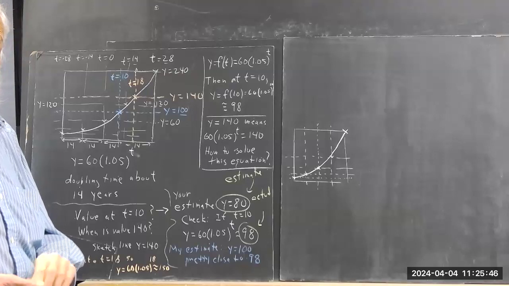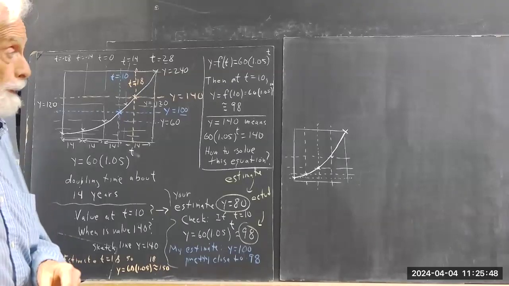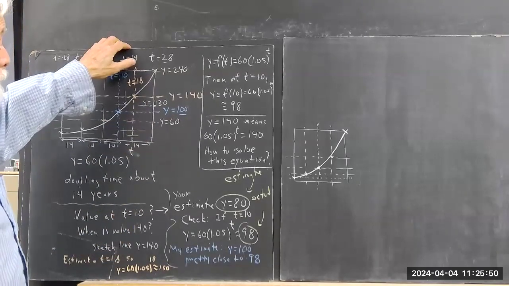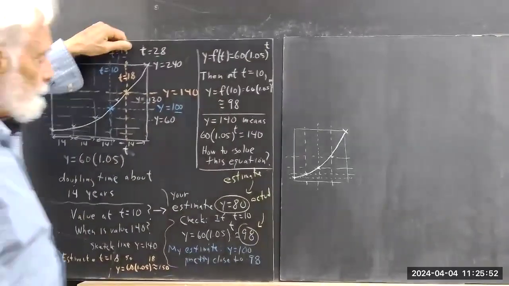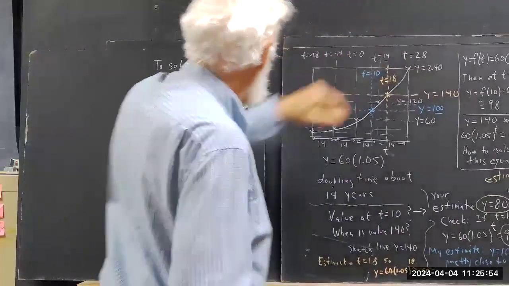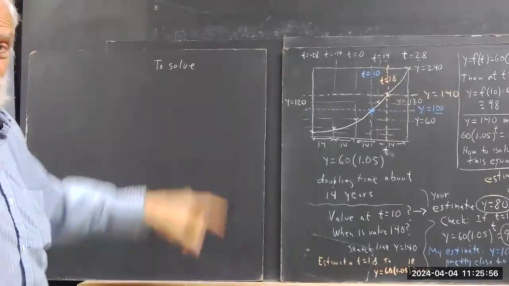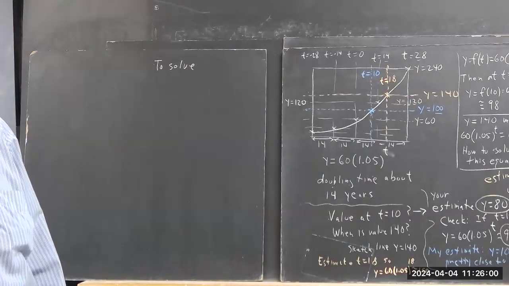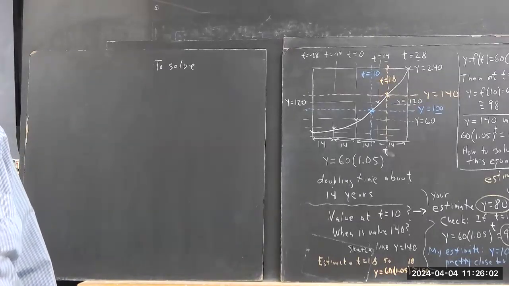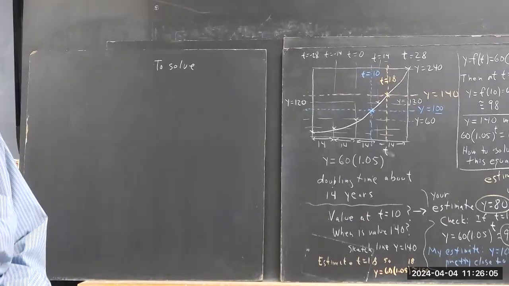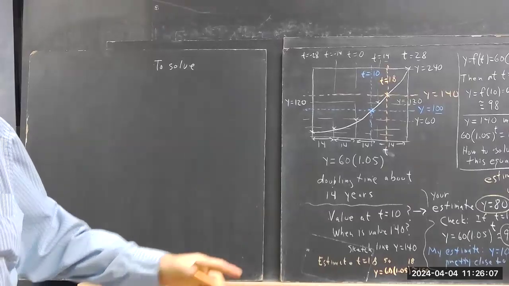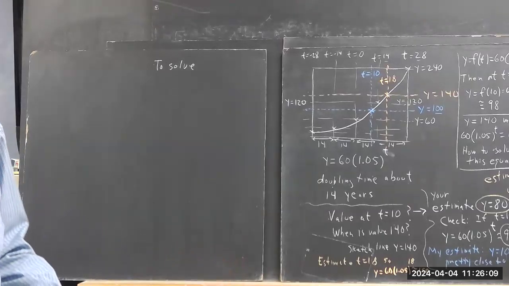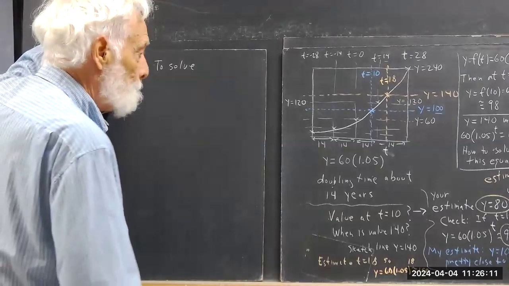So I'm going to give you a method, and then I'll explain why the method works. So I got this far to solve before the computer gods obliterated my next statement. Okay, well, to solve the equation,